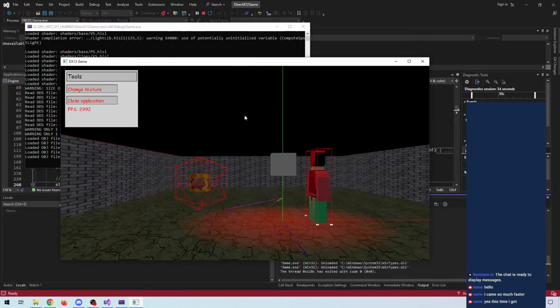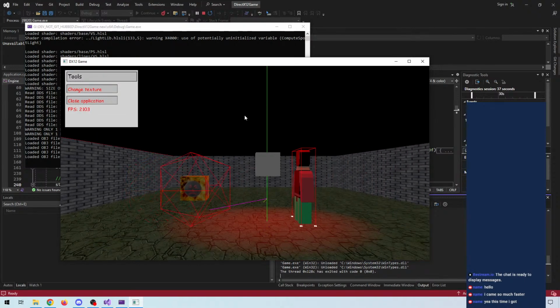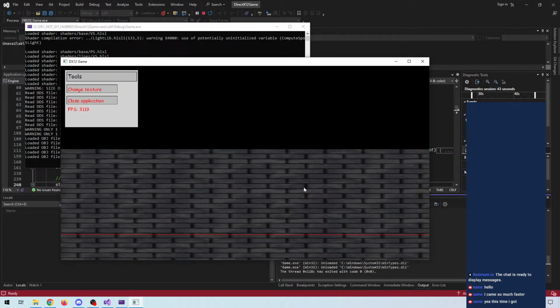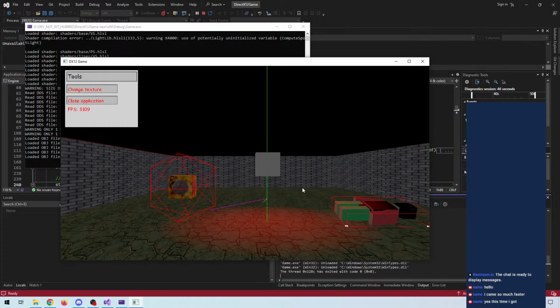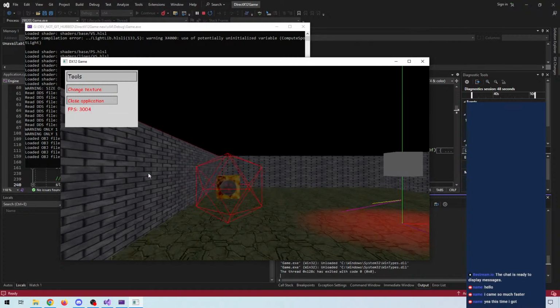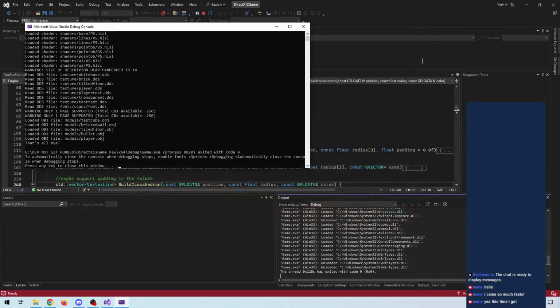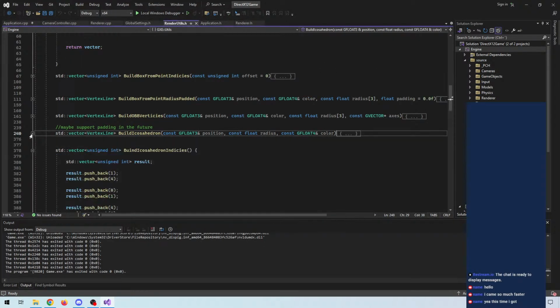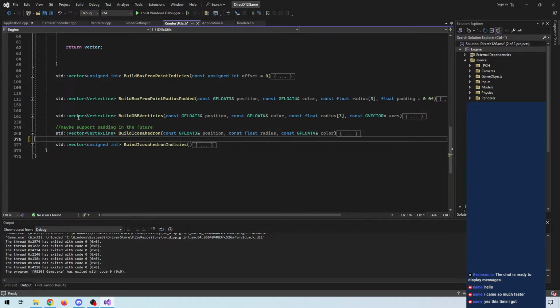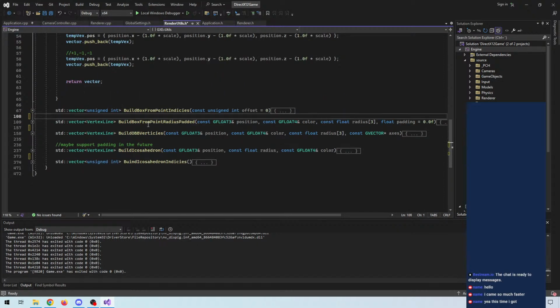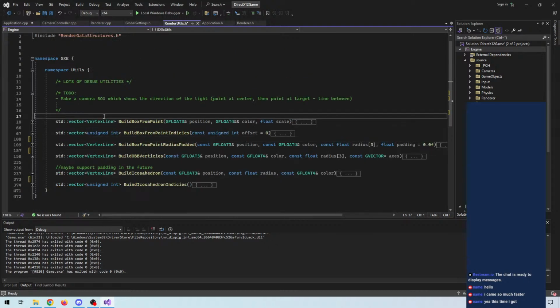So now we have a pipeline where we can show debug information in terms of we can do spheres, we can do, let's see, OBBs, and we can do AABBs like these ones. So that means that we actually have all our debugging primitives. What is left is a cleanup of the renderer code, since we completely changed